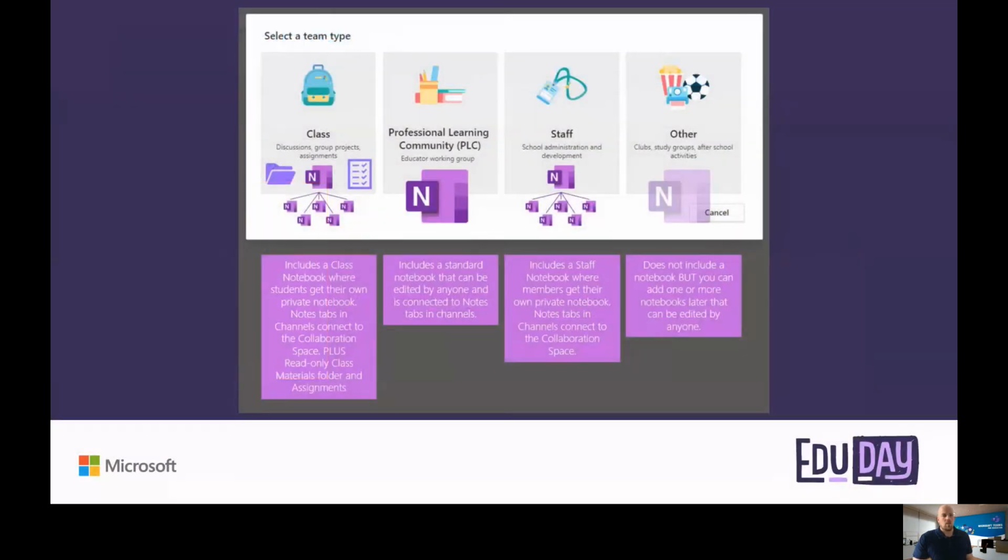So this little infographic I took from an education community group, and I thought it was a really brilliant infographic which helps to explain the relationship between each one of these teams. The primary thing that you'll notice between the teams are the permissions and the notebook. So for example, if we look at the first one here, the class team, you will be given a class notebook, a notebook that is specifically designed to work with you and your students.